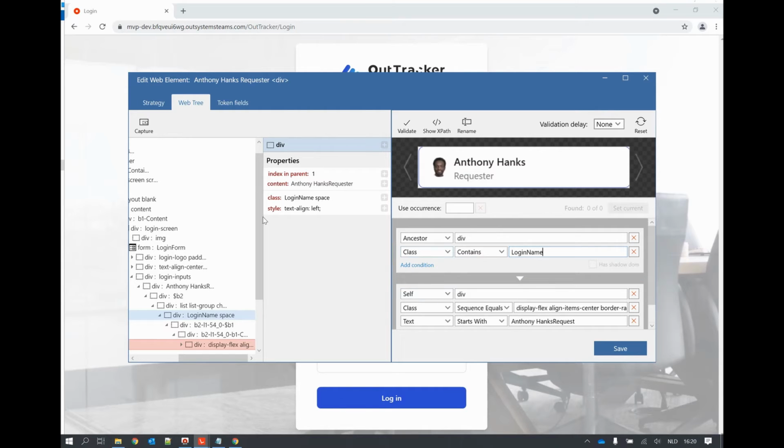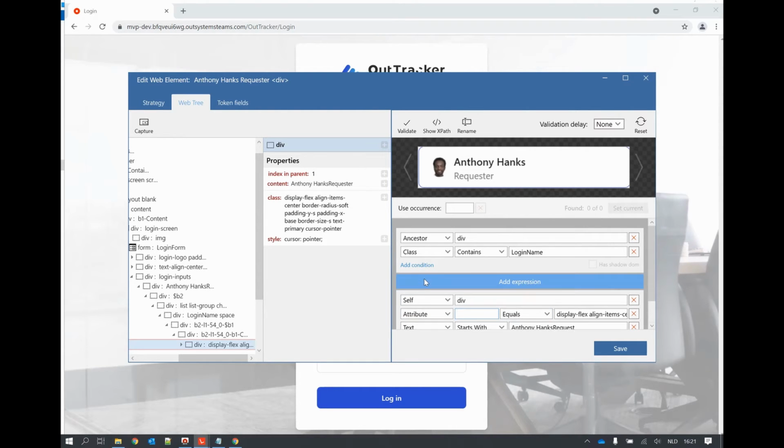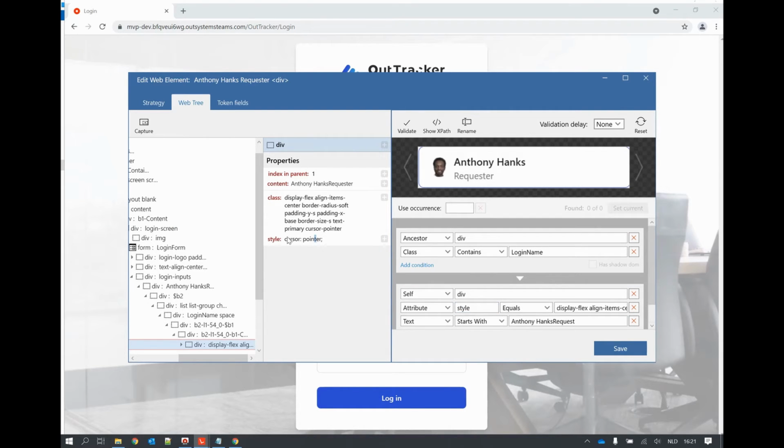And then for itself, the element that we want to click, we want to know that it's a div, and we don't want to look at the class. We can say class contains, but we want to have the style. So we're going to select the attribute, and the attribute needs to be a style attribute, and that one needs to contain the cursor pointer. So let's do that here. It contains a cursor pointer,